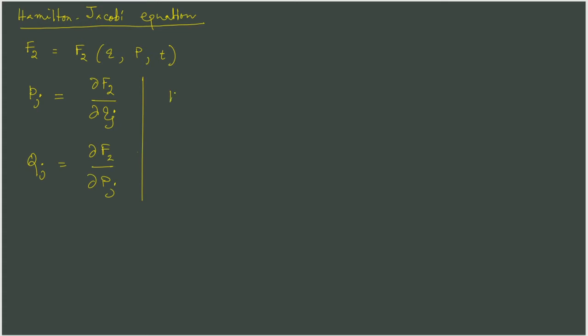In addition to that, the new Hamiltonian is simply the old Hamiltonian plus the explicit time derivative of the generating function. And then we mentioned that we would like to choose F2 such that K vanishes. If K vanishes, then we know it has